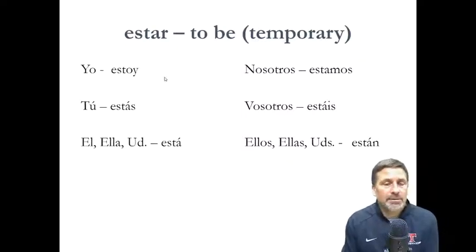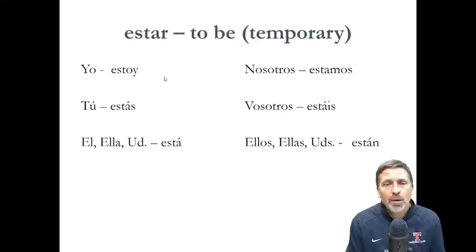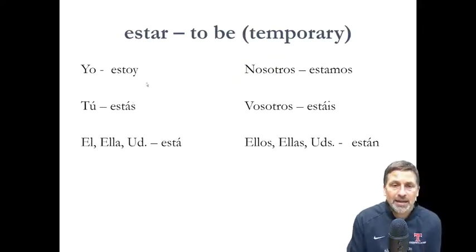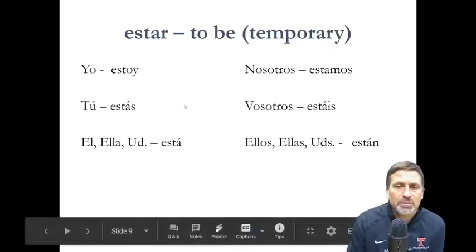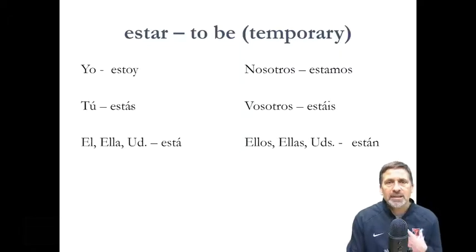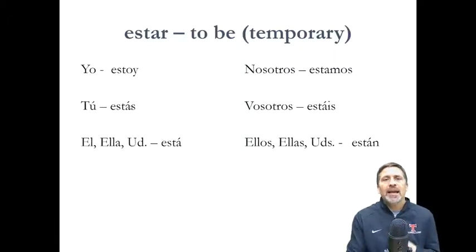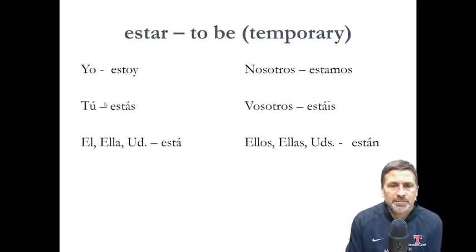This is a common verb, estar. How are you? ¿Cómo estás? Yo estoy bien. It's irregular in the yo form. And then it's also irregular in all these other forms too because of the accent marks. Okay, and so the accent marks means that there's some emphasis put on those letters. Estás, está, estamos, estáis, están.